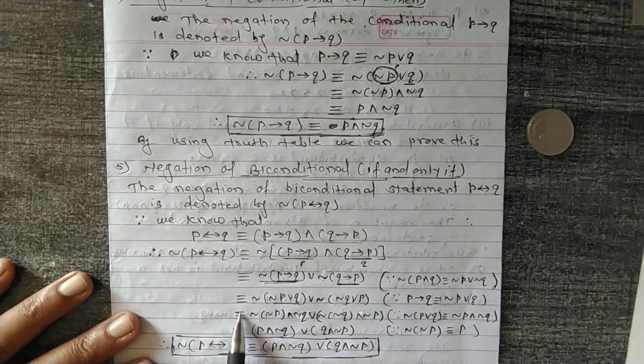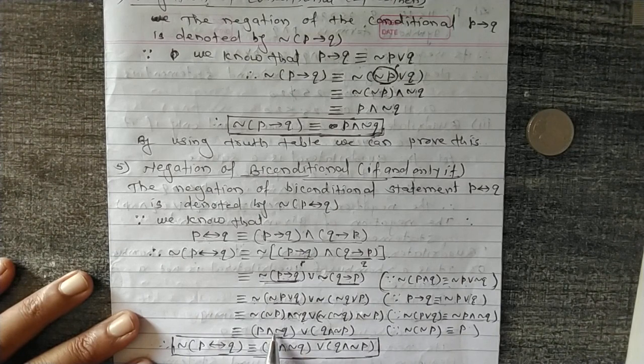Now again it is equivalent, by using the second rule of negation, to negation of negation P, disjunction can be replaced by conjunction, negation of Q. That is, negation of negation P disjunction Q by using the second rule of negation can be written as negation of negation P conjunction negation Q. Now this disjunction as it is, again using the rule of negation of disjunction, it can be written as negation of negation Q conjunction negation P. Now this is the reason.